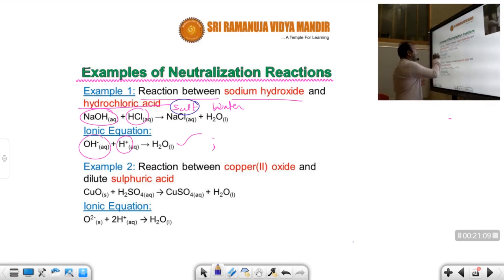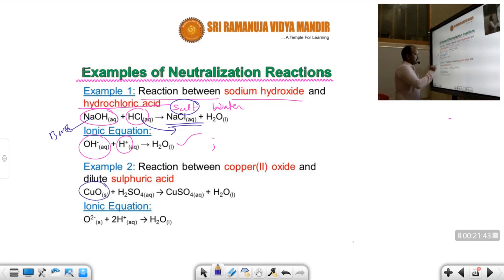It has neutral nature. So here HCl means acid, NaOH means base. Whenever acid and base combine with each other, generally the chemical properties of the acid are opposite to the chemical properties of the base. So when these acid and base combine with each other to make a salt, the salt contains neither acidic nature nor basic nature. That means it has neutral nature. So that's why this is called a neutralization reaction.